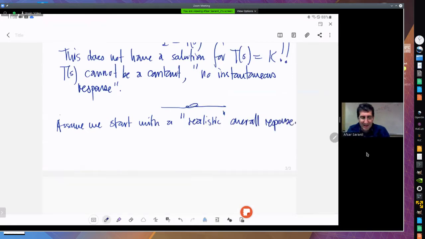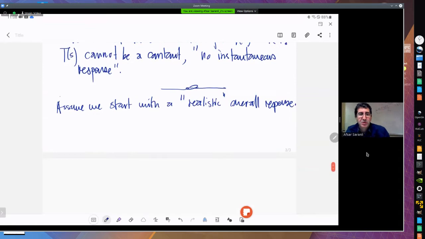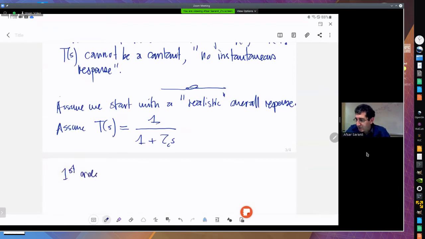One such realistic response is a first order response, right? Let's assume that we specify T of s to be equal to 1 over 1 plus tau c s. So we are saying that, okay, I want the overall system to have a first order response. So it's going to converge to the reference, but with a time constant. Okay, so first order response